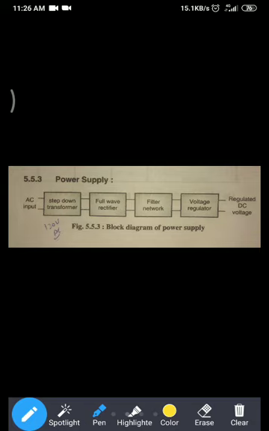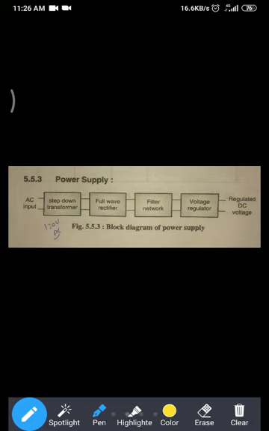Then again, isolation. Input module consists of optocouplers. Optocoupler means what? Suppose a 5 volt input is given, then that 5 volt input is not directly given to the PLC. It is given to an LED first, and then the LED's rays fall on an opto device. It can be a diode, it can be a transistor. So that light falls on the opto device, and then it again generates 5 volt. So it is providing actual electrical isolation, meaning the input is not directly connected to the PLC.